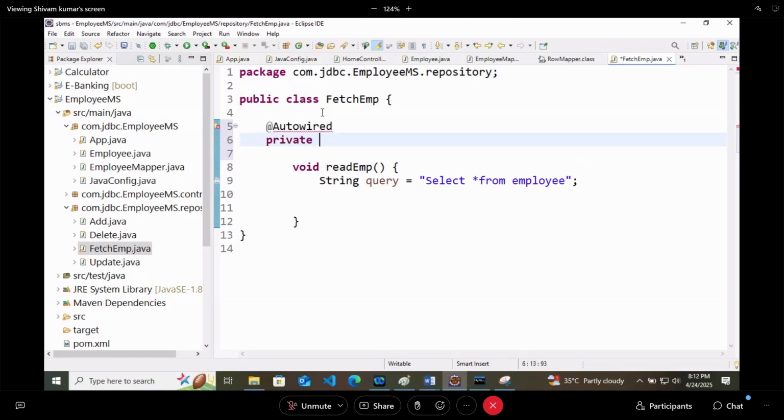So I will say private JDBC template like this.